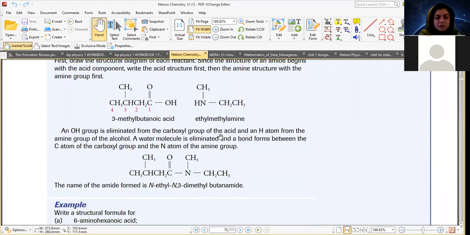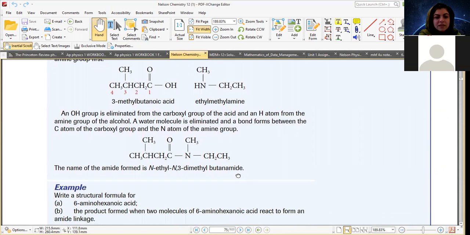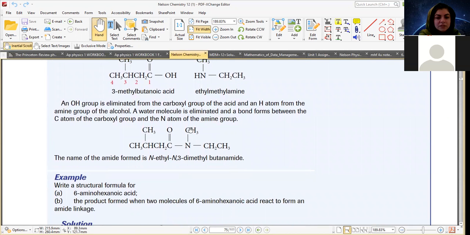Now you want to do this reaction. Of course, the H and OH will get out, and these 2 simply connect to each other. And you fill that in. And the naming of that: the 2 branches are attached to the N. It's going to be N-ethyl. Okay, one of the branches is methyl, one of that attached to the 3rd carbon of the